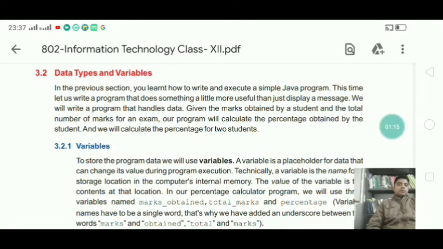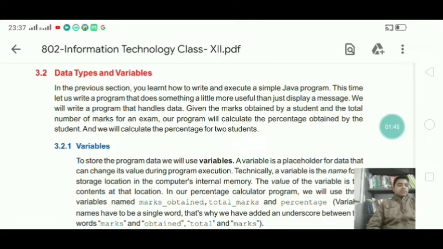So we store the data in the memory location and we give a name to the memory location. So you can say variable is the container for our data.